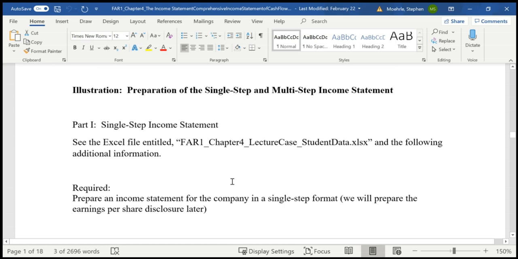All right. So now we will start to do cases to see how these financial statements are prepared and what they look like. In the next video, before we start preparing it, I'll walk you through the Target income statement, and you can see the end product before we start to generate and develop income statements, both in the single-step and the multi-step format. We will then look at a case on discontinued operations, earnings per share, and the statement